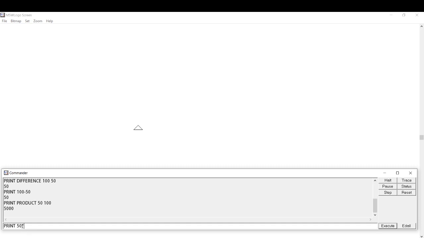If you see here, we call this an asterisk sign. This symbol is used to multiply numbers. After that type another number and click on the execute button. You will get the same value. So if you want to multiply numbers, either you can use the product command or you can use the asterisk sign as well.